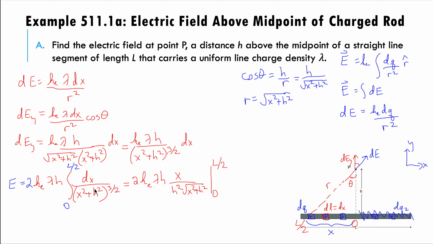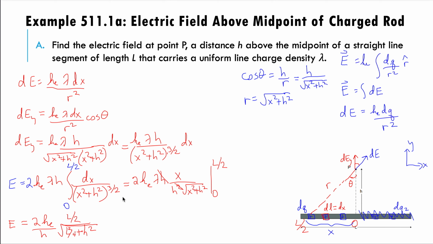So this is a very common integral, so you should be able to find it in some integral tables. So let's finish this up over here. We can cross out the h here, and then let's see what we have. E is equal to 2ke over h, and then the x is going to go from L over 2 over, then we're going to have L squared over 4 plus h squared, and take the square root of all of this,